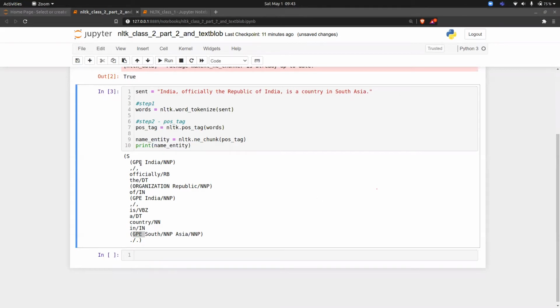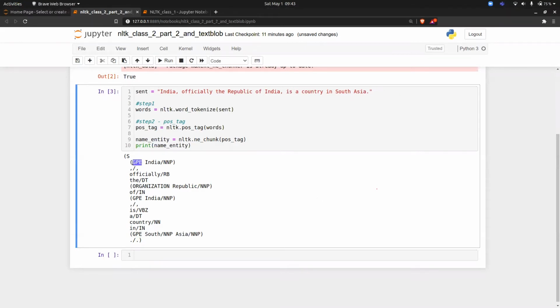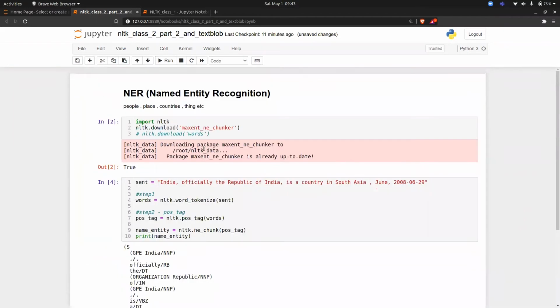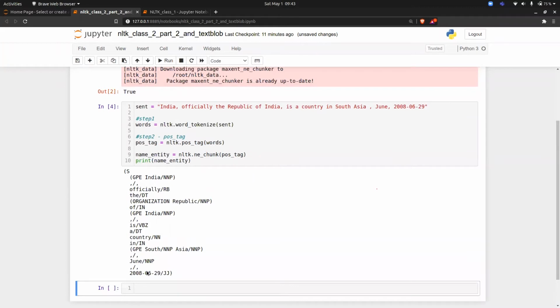Okay, so this is what NER tries to do. You can put date, time, also everything, so it will try to identify. Let's try. So South Asia, June 200806. Just trying. It should work basically, because in spaCy, in other advanced libraries it works. Let's try to see here. Okay, so no, it's not working here. It's not giving that this is a date or not.